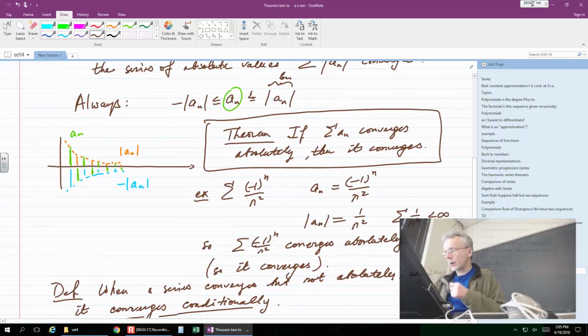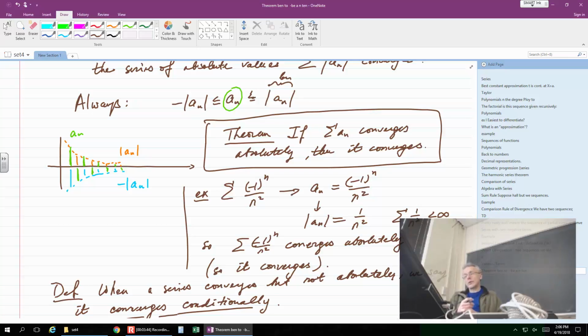So the examples illustrate the idea. The main example is the alternating p series, created by (-1) to the nth power, over n squared. We take the absolute value of that and produce the series of absolute values, which is simply the p series, 1 over n squared, where p is equal to 2. It converges, which means that the original series converges absolutely.